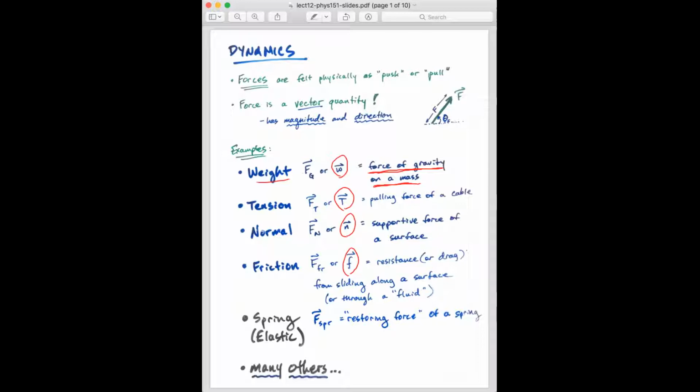A smaller number of textbooks like to call all forces F, and then they put subscripts on them to describe which force it is they're talking about. So G for gravitational, T for tension, N for normal. Or sometimes if it's a person, I'll just write F sub P. Or if there are objects that are named or numbered, I'll use the names or numbers of those objects to label the forces. I prefer this first method, the first column right here,